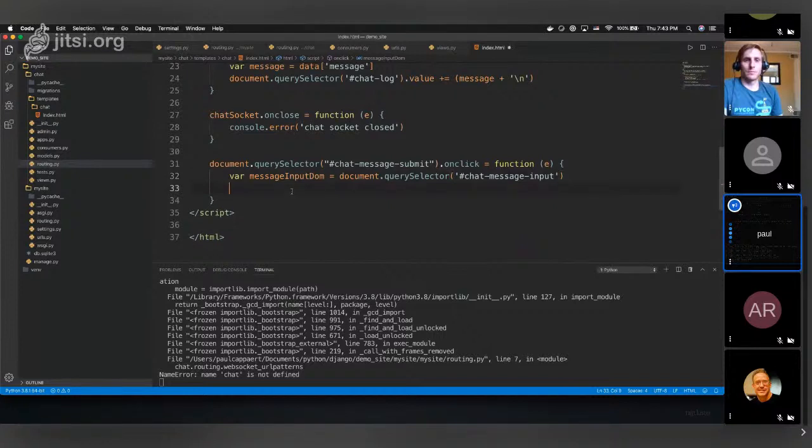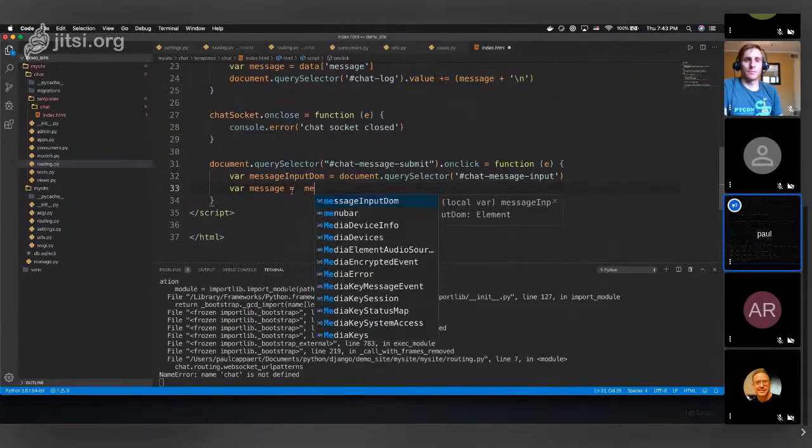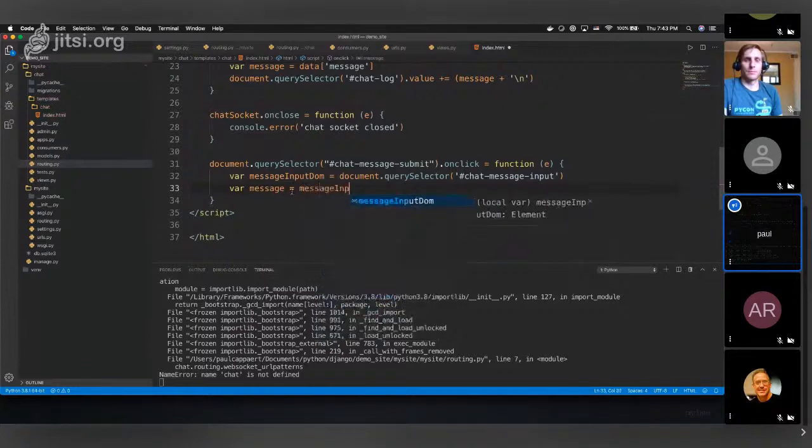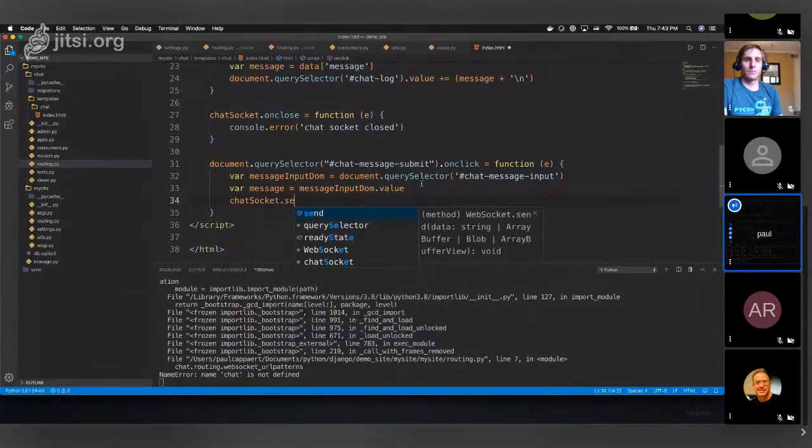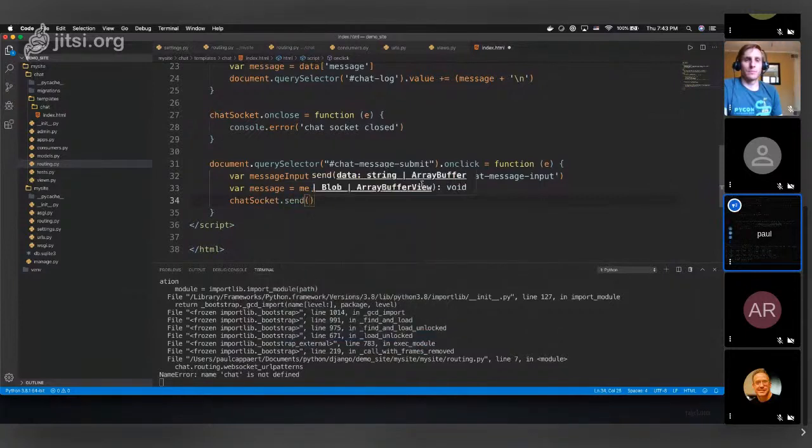This contains more than just the information, but we can get the actual message as such. Value, there we go. So this is just the plain text of our message, but we need to put it in a JavaScript object in order to send it back to the server. So we'll take our chat socket object, and it has a handy send function, and then